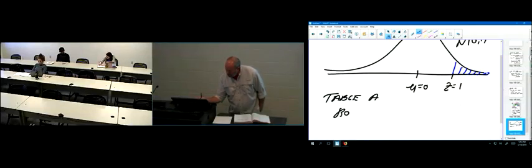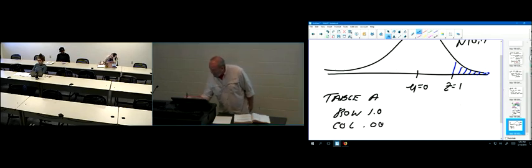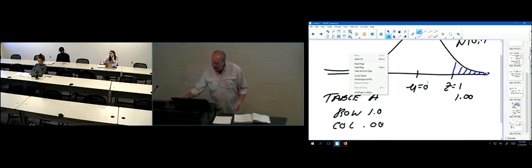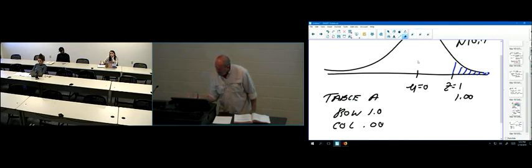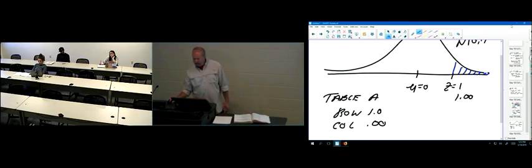I would go to the row 1.0 and the column, because that's actually 1.00, correct? Now, you guys didn't want to play along with the calculator, so it's okay. But I do have that table here somewhere. And my table is right there. So this is your table A, right? This is the one that I gave you. And I'm looking for the 1.0 row, which is right here, and I want the 0.00 column, which is the very first column. So everybody follow. I'm in this row here, 1.0, the 0.00 column, and I'm reading